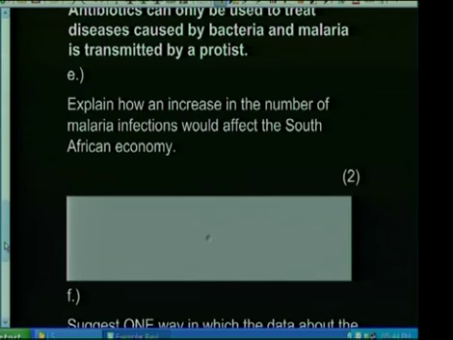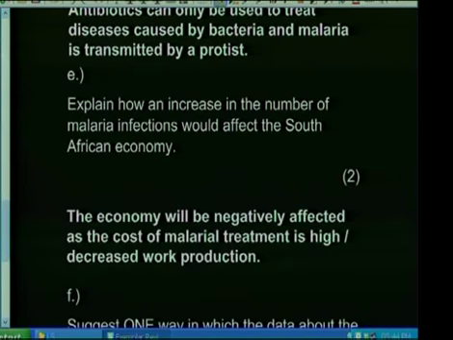Explain how an increase in the number of malaria infections would affect the South African economy. Now that's an interesting shift in the types of question. Up to here it was purely on biology and life science. Now they're saying, hey, young man, young woman, how will this affect the economy? We're getting malaria. So this is now looking at how the study of life science is affecting the environment and society at large. And if you're living in this country, you should not have an excuse not to answer a